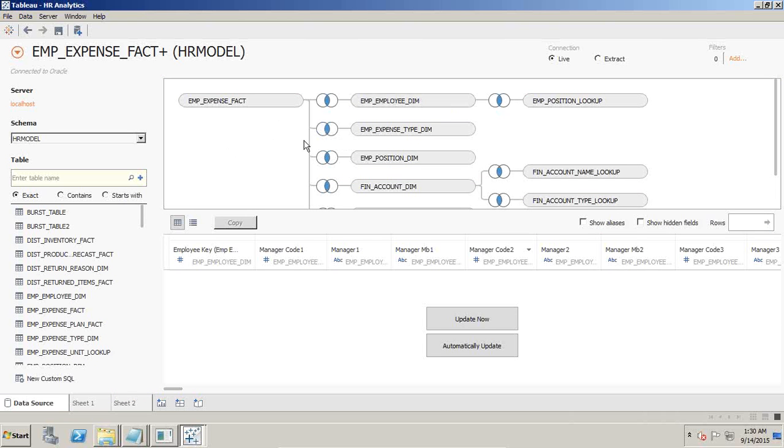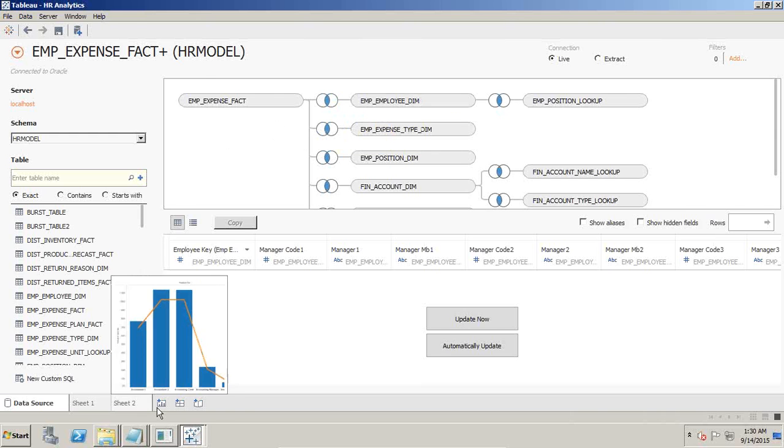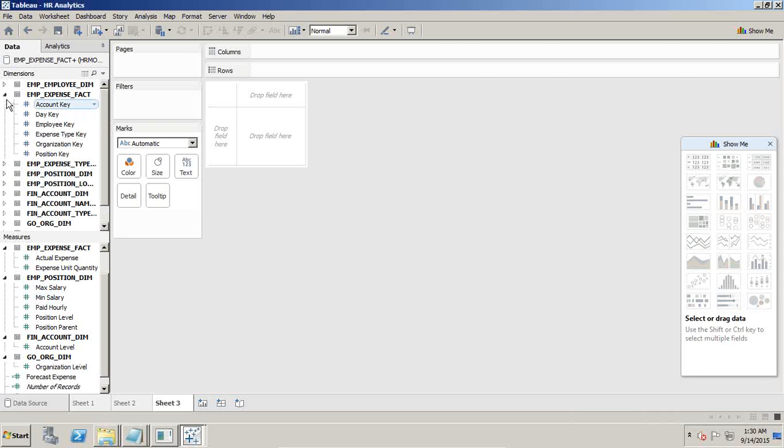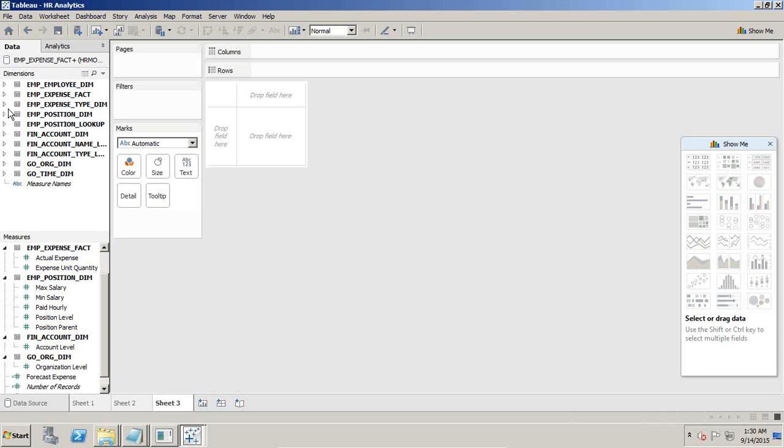We'll be doing multiple kinds of analysis in this model. We start with the actual and forecast model, so let's start visualizing it. You see I have these dimensions: employee, expense, type, position. I have these facts, and there are two kinds of facts: actual expenses and forecast expenses. I'd like to evaluate actual and forecast expenses across different expense types. So I'll take employee expense; there are different kinds of expenses. I'll take employee expense type,